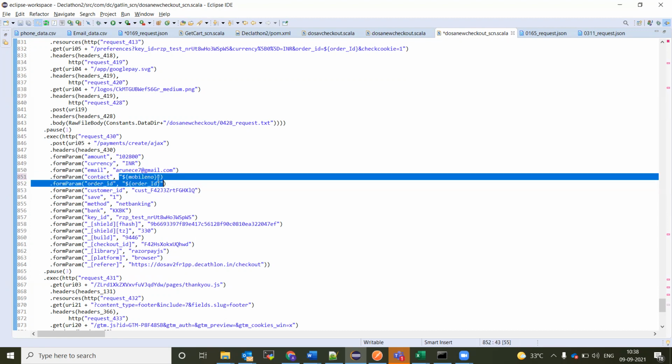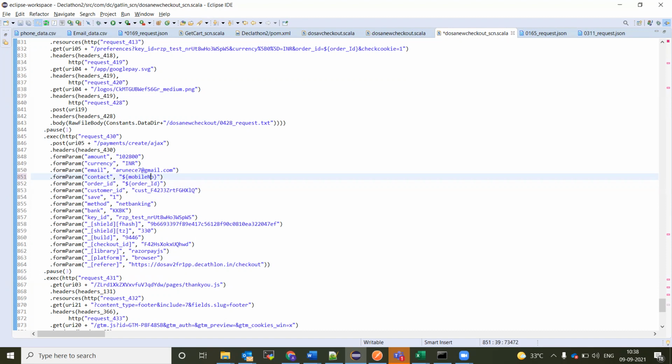So the CSV which you are calling is only above, like your feeder. The feeder, yeah, the CSV feeder. You should have a column named mobile number. If you have the column mobile number, then you can use it here. Sorry to interrupt you. So Arun, you mean to say that either if I given the mobile number, so that I can get it from the feeder, or I can get it from the response. So either in the correlation, either from the test data, so that directly I can call this one, so that the script has the capability to understand and then get that data. Yes, right? Yes. No. Here one small thing.